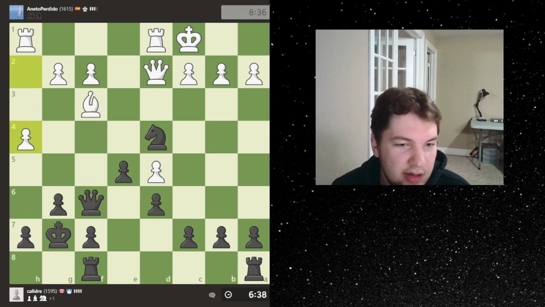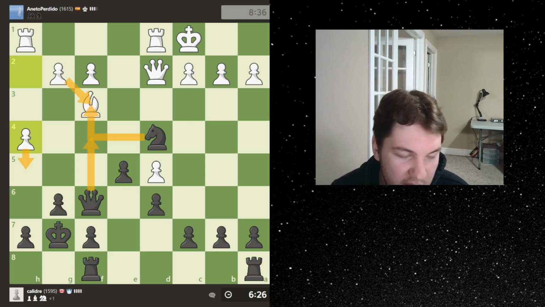So he does this. So should I take? I should. If he pushes, I'm not going to take. I think I'm going to take, and then maybe pin the queen. So that this push doesn't really do anything, because he only has his rook left, and